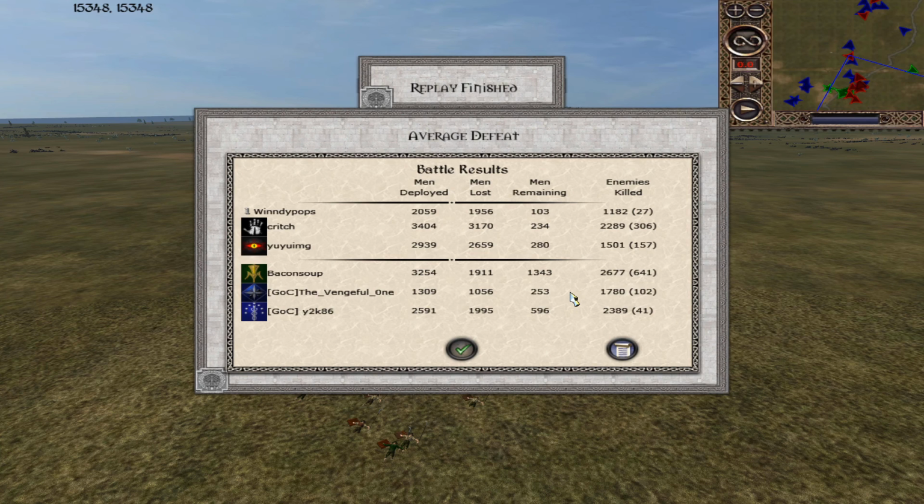Then Vengeful One, so I was going toe to toe with him. I think I was hoping that he would just break and really fall apart, and he did, but he fell apart in an organized manner. It wasn't just a mad everywhere fall back, it was in order, so that he could keep using his lancers and just draw me into traps really. And then yeah, Y2K, amazing clash early on, but then maybe just a little bit less